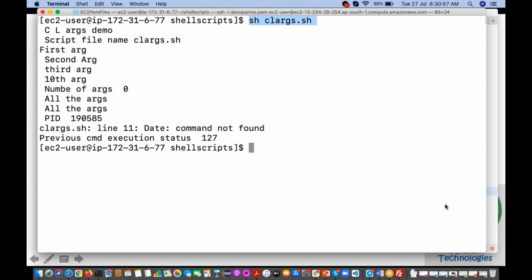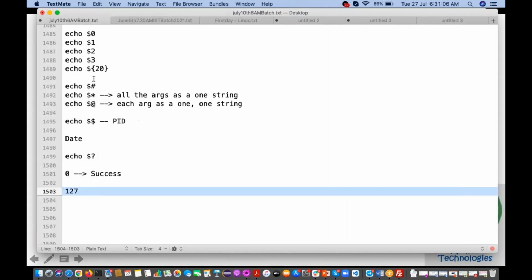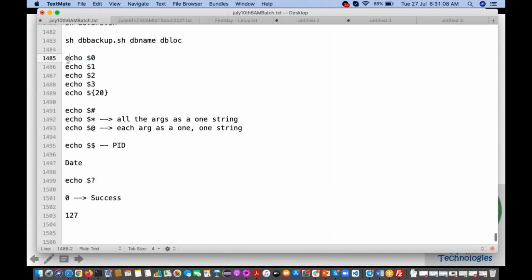Right. Srini P is asking, do we have to use the echo command? Every command here. If you don't use it, it is not going to display. Okay. So $0 is going to be used for getting that script name. So if you want to display in the console, we are going to use the echo command. If you see here, dollar question mark, dollar star and dollar at the rate,